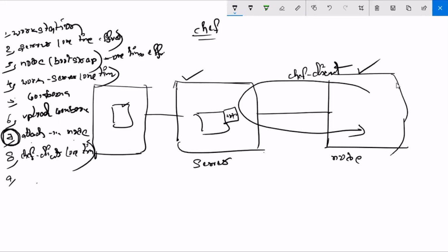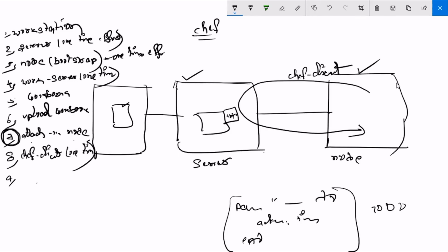Now, one more thing is there. Install multiple things. For example, I want to install 100 packages. I want to create 100 users, 1000 users. For every package, you have to write code like this: package name do, action install. That is for one package. So what if you want to install 1000 packages at a time, 1000 users at a time? You are understanding, right? So still we haven't achieved automation at this level. Dealing with multiple resources.